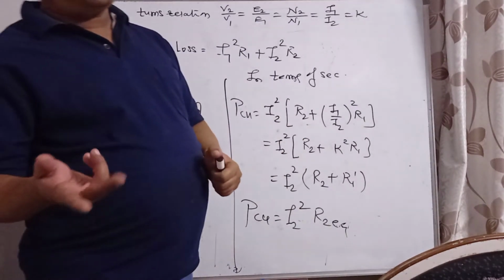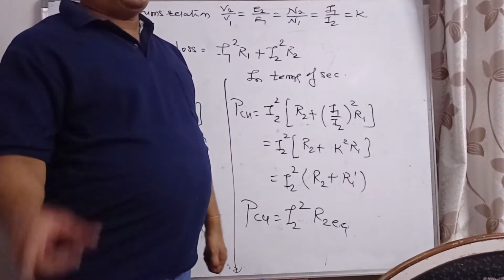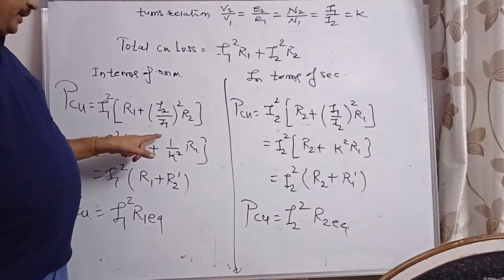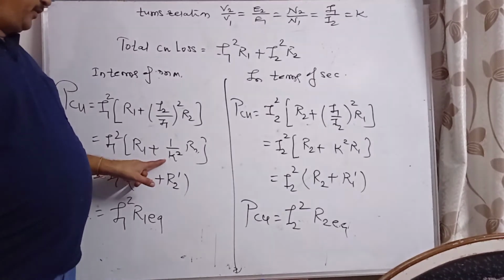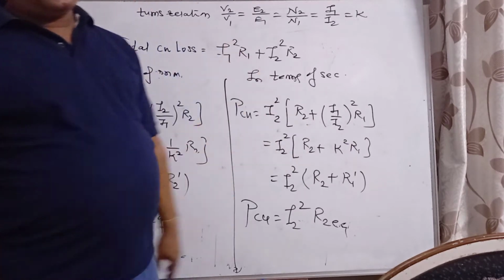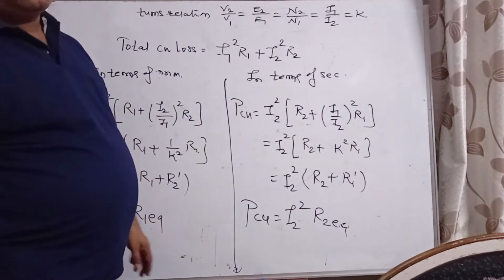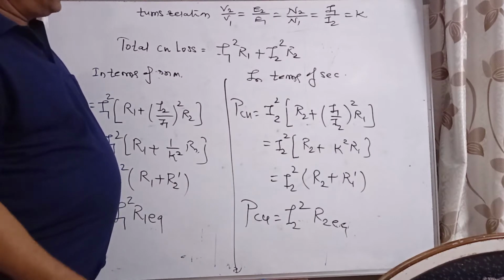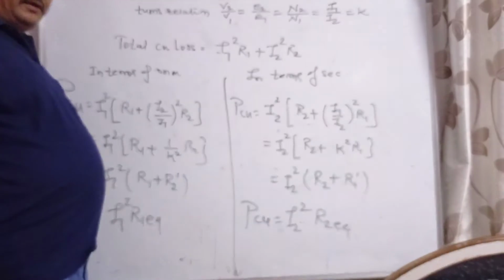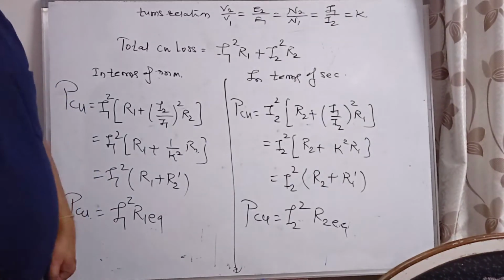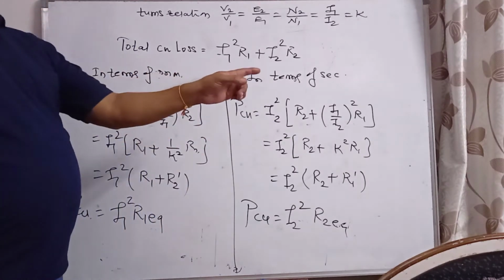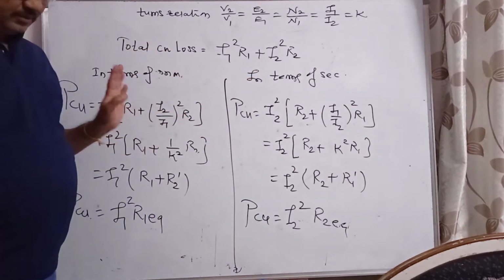So I have given this in notes. What is the important parameter? When you are transferring the impedance from secondary to primary, it is divided by K square. And when you are transferring the impedance from primary to secondary, it is multiplied by K square. And based on this, we have to define the next article: equivalent circuit completely referred to primary, equivalent circuit completely referred to secondary, and then we have to define this. Right? So I will draw the three circuits on the board and I will explain the parameters.